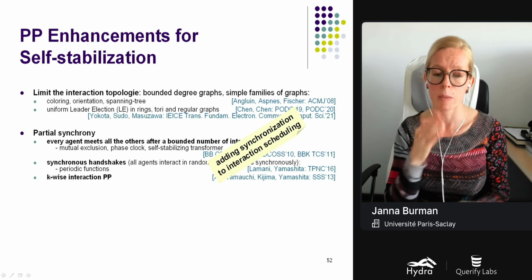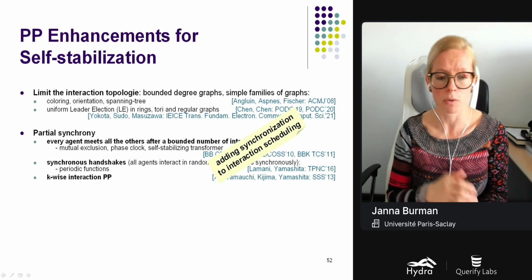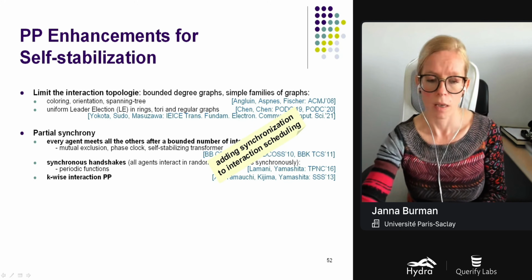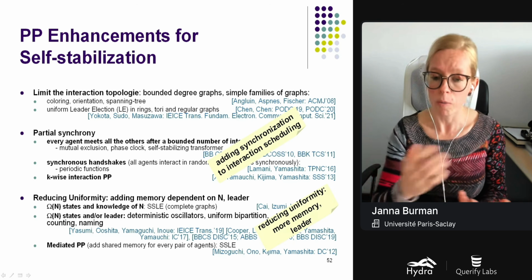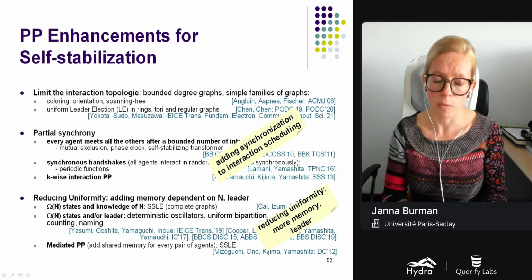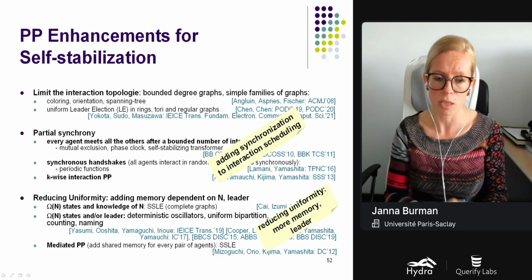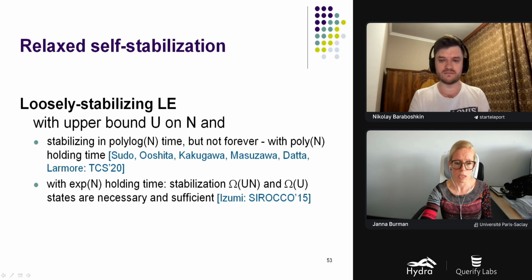Some assumed particular topologies like rings or regular graphs, and others introduced more memory or less uniformity, like we have seen here, introducing a leader or base station, or introducing more names, and so on. And just